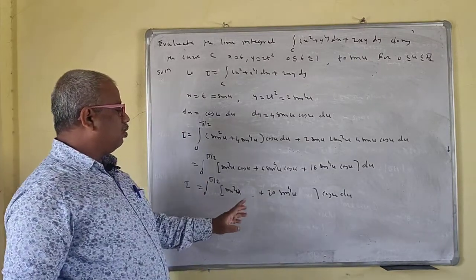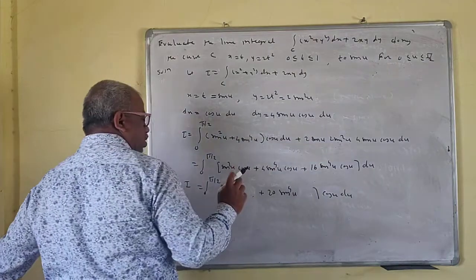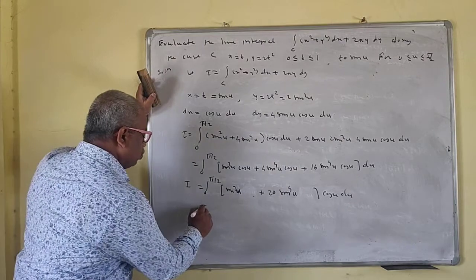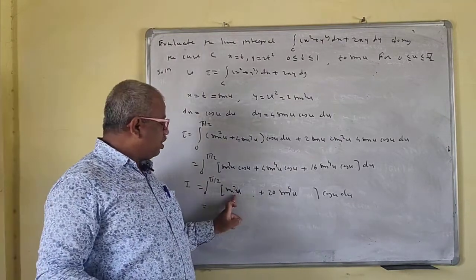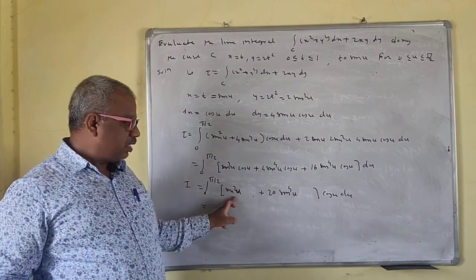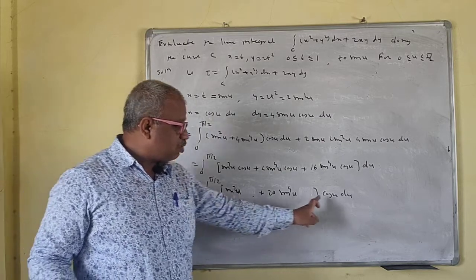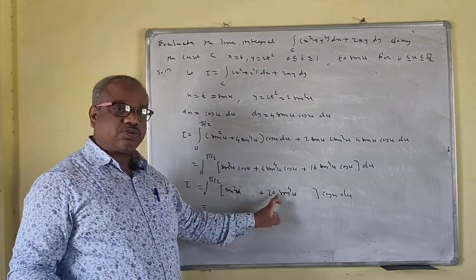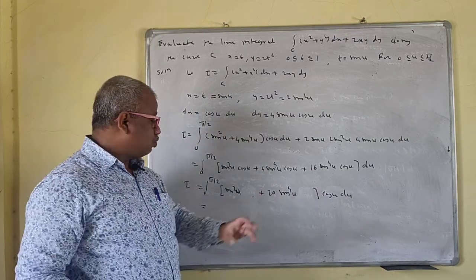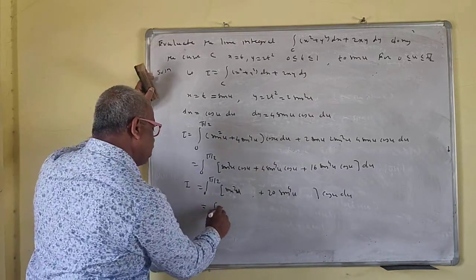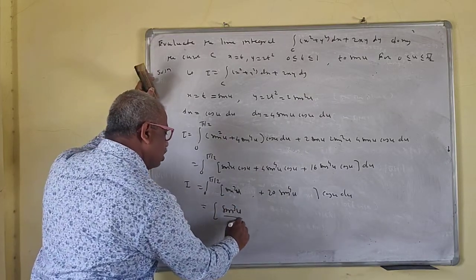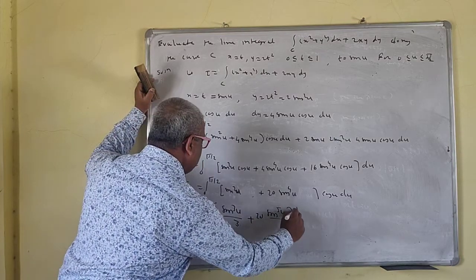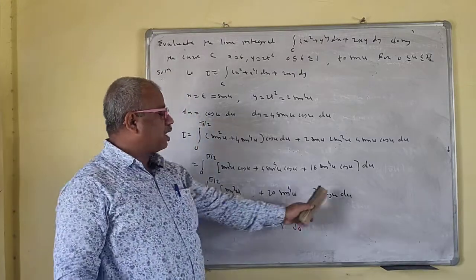Now see here, if you put sin u is equal to t, then cos u du is dt. This becomes t square plus 20 t raised to 4. Now because the derivative is attached here, directly you can integrate. This is sine cube u upon 3 plus 20 sine to the power 5 u upon 5, from 0 to pi by 2, because the derivative of sine u is attached here.